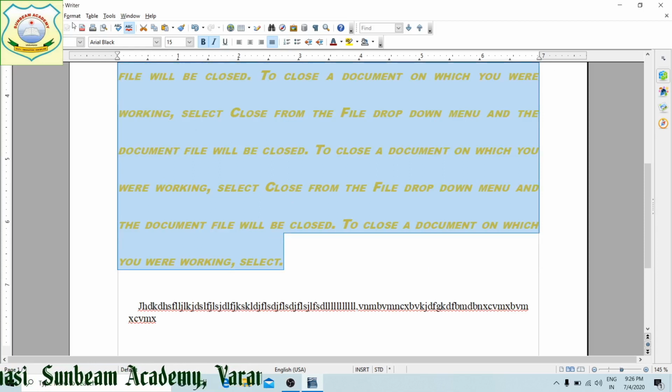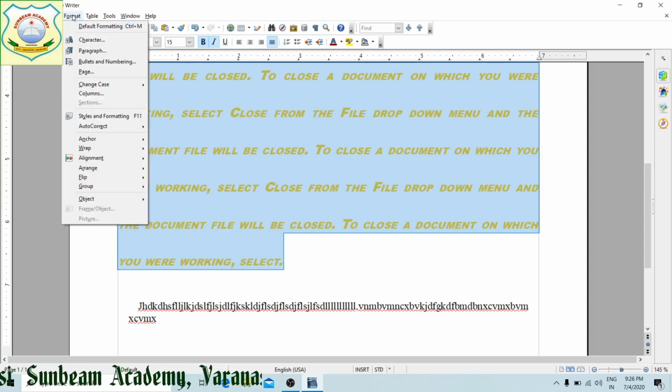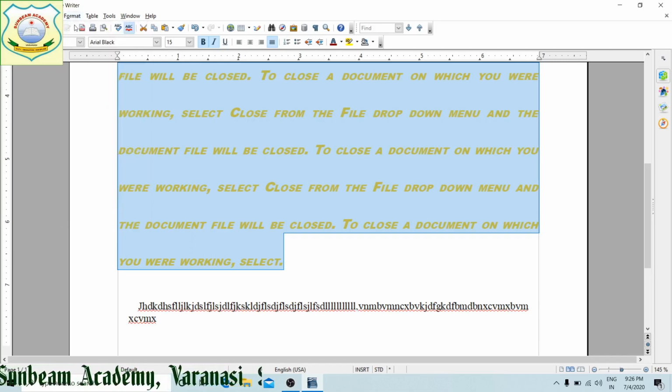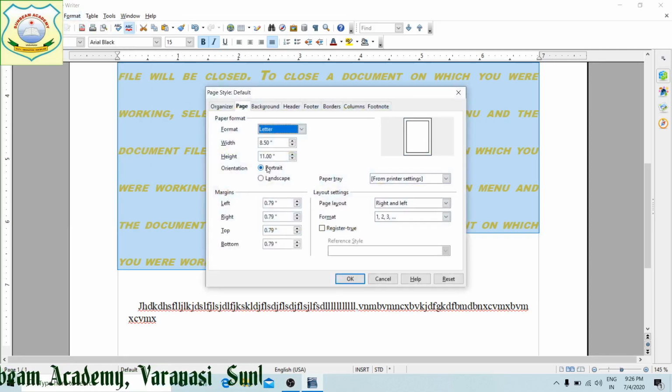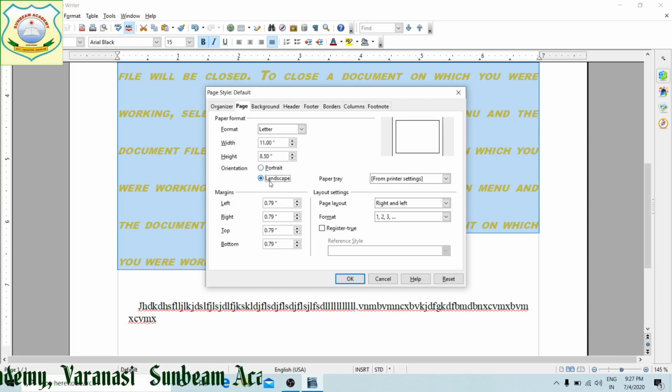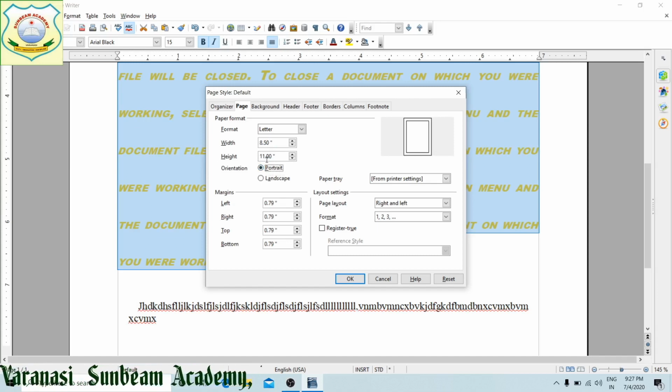Now orientation, page orientation. There are 2 types of orientation: one is landscape, one is portrait. When you click on Format, Page, here you can see portrait, meaning vertical, the height of the page will be greater than the width. When we switch over to landscape, the width will be greater than the height. You can see here width is 8.5 inches, height is 11 inches.